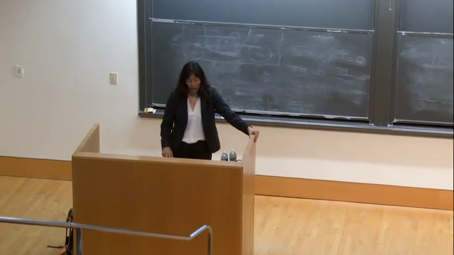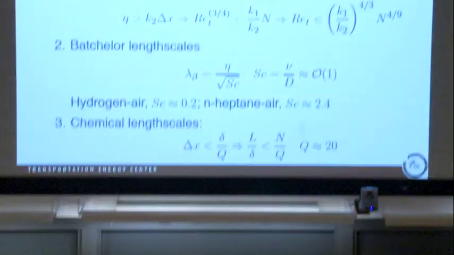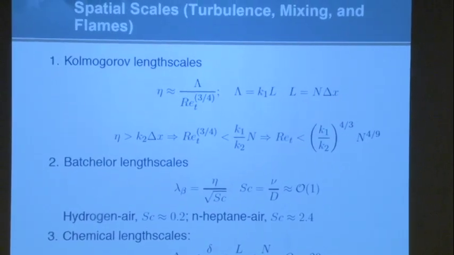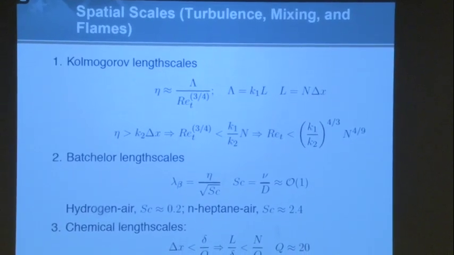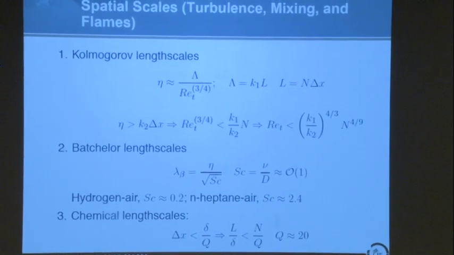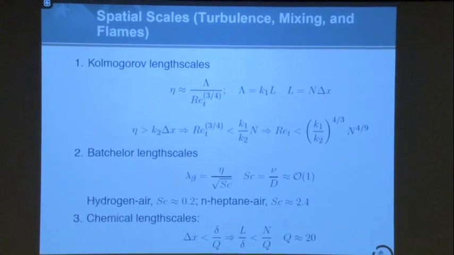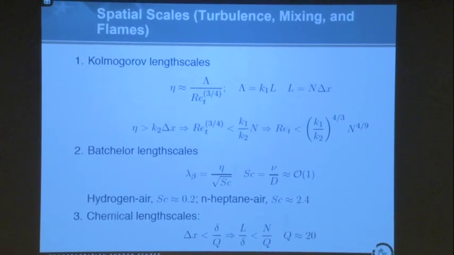So it's still not a fast turnaround if you want to do highly resolved simulations with chemistry, even on today's largest computers. The spatial scales for turbulence, mixing, and flames are summarized here. We know from Kolmogorov cascade theory that the smallest Kolmogorov scales, eta, are proportional to the ratio of the integral scale to the turbulent Reynolds number to the 3/4 power. We also know that in a computational domain size on the order of L,